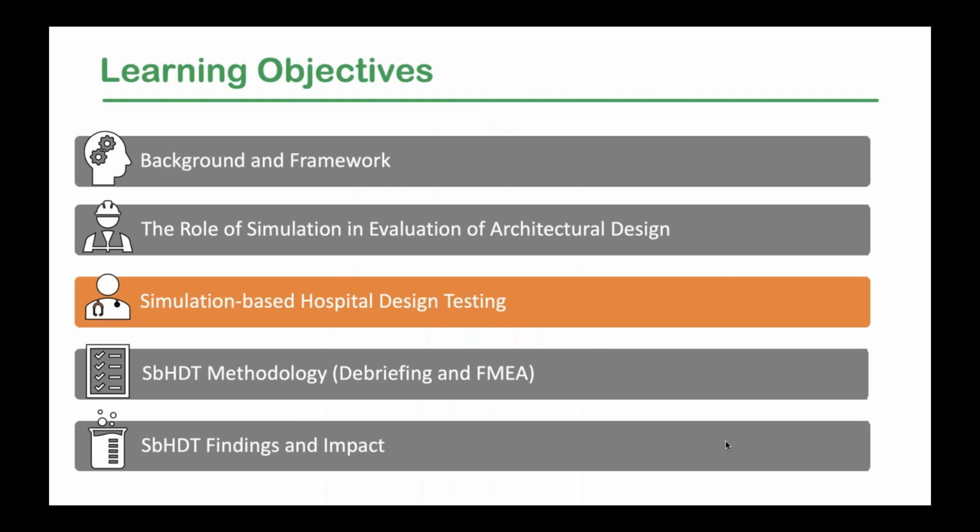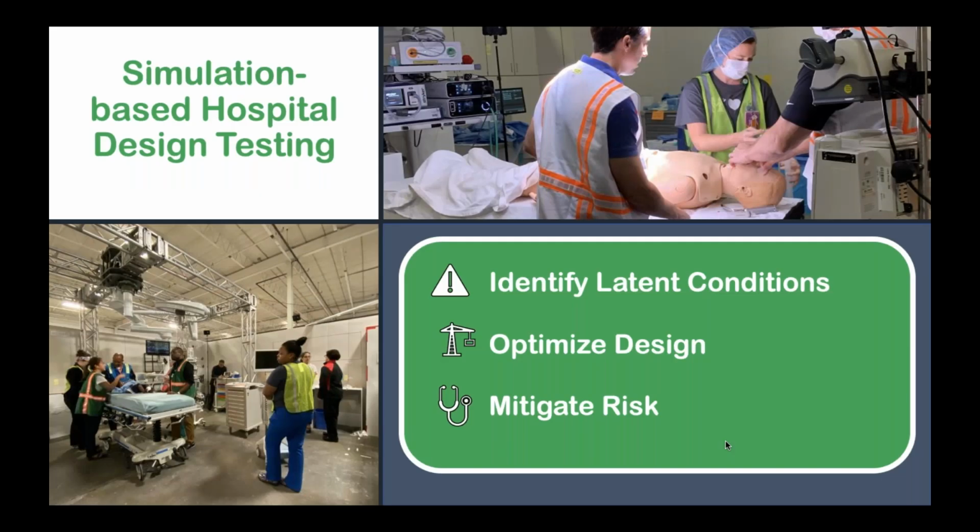So we're going to talk a little bit about simulation-based hospital design testing and get into the methodology and some of the impact. So simulation in a full-scale cardboard mock-up provides really a shared experience for both clinical end users and architects. This allows clinicians to interact with their environment. It provides the architect team with feedback, evaluates the impact of design decisions, and can be used to also test